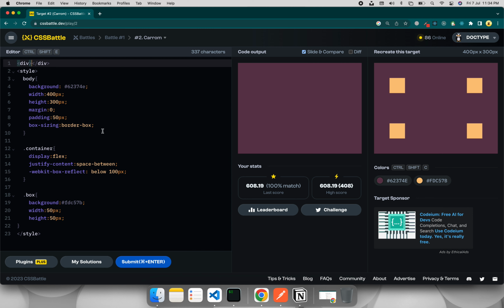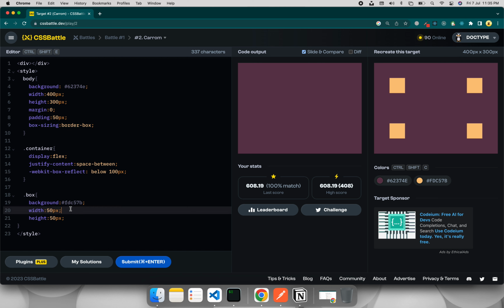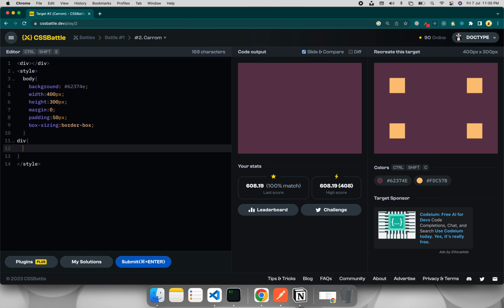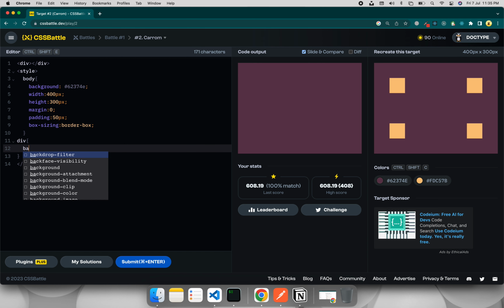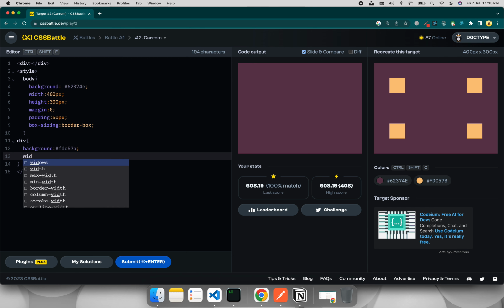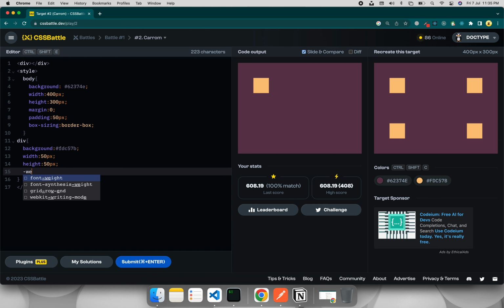Then we have a body. In this body, I'll keep these things. This is fine, and I'll have a single div, right? So in this single div, I'll have the background color, which is the color of the box, and width can be 50 pixel, and height is again 50 pixel. So I see one box, but now what I can do is use webkit box reflect,